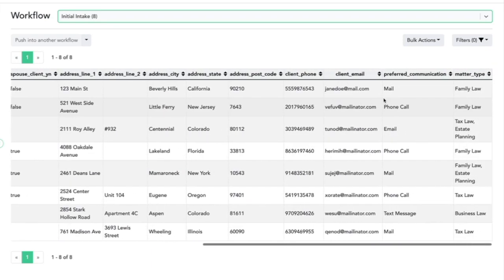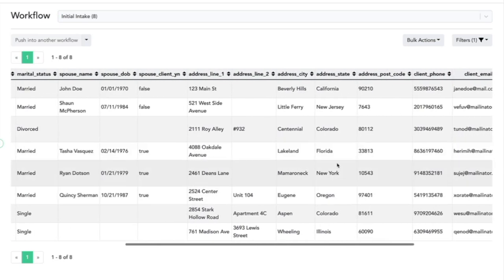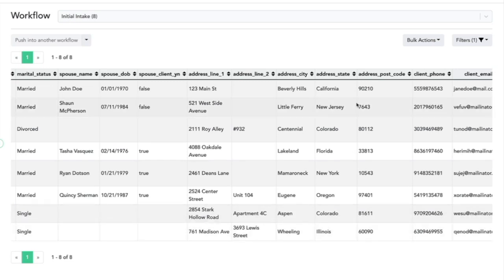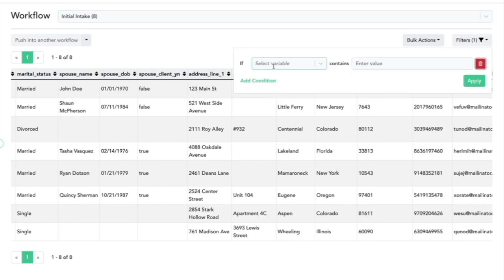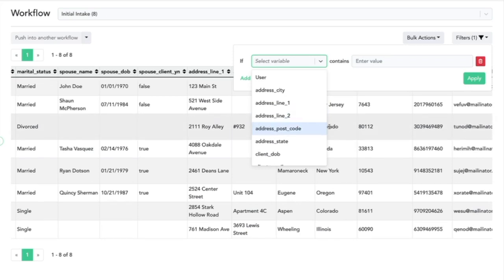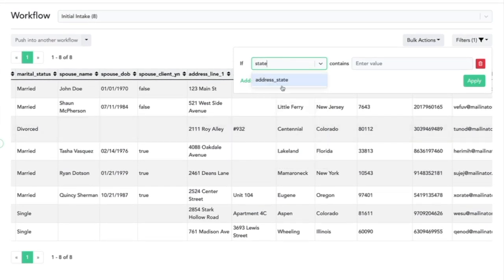If I scroll to the side here, I can see that this continues with all of the variables from my workflow. I can see that I have clients from multiple states across the United States. So I just want to filter out my clients who are in Colorado. So to do this, I'm going to come up to the top right and choose the filters button and apply my conditions. So I'll say if the state, the address state, which is my variable name, contains Colorado,